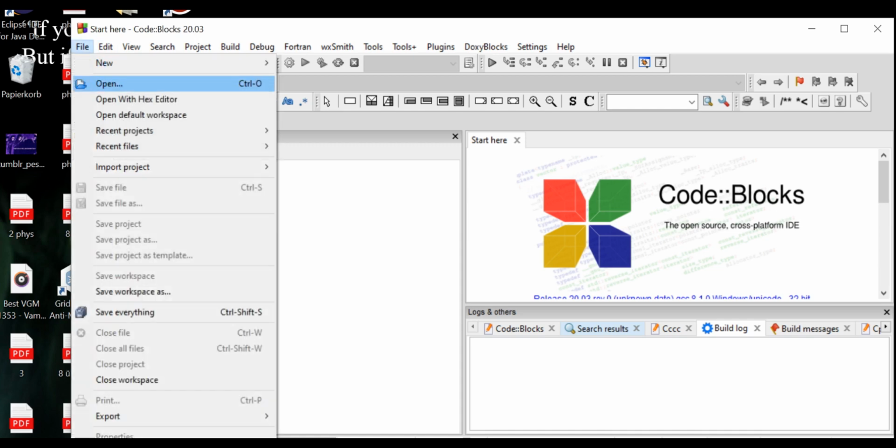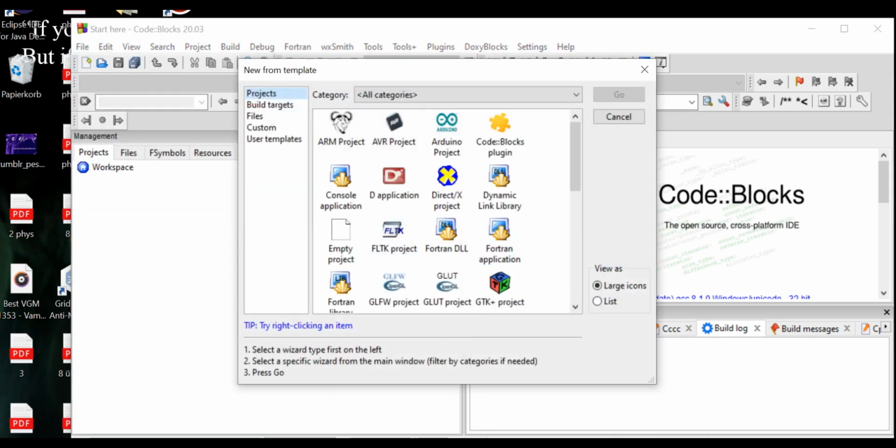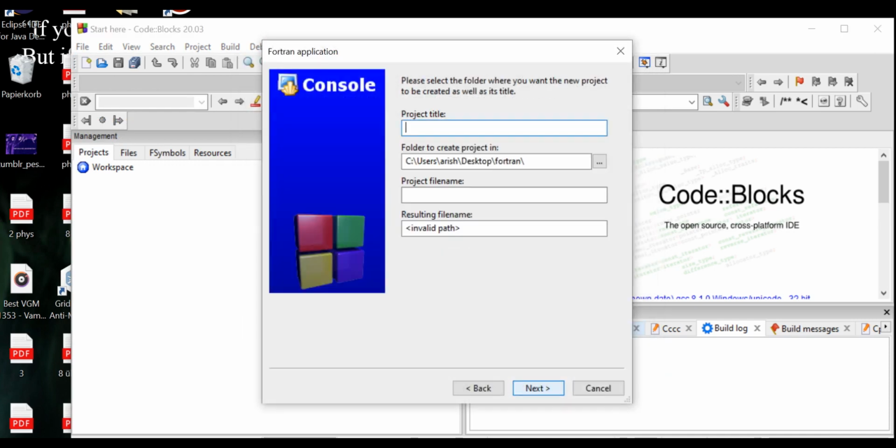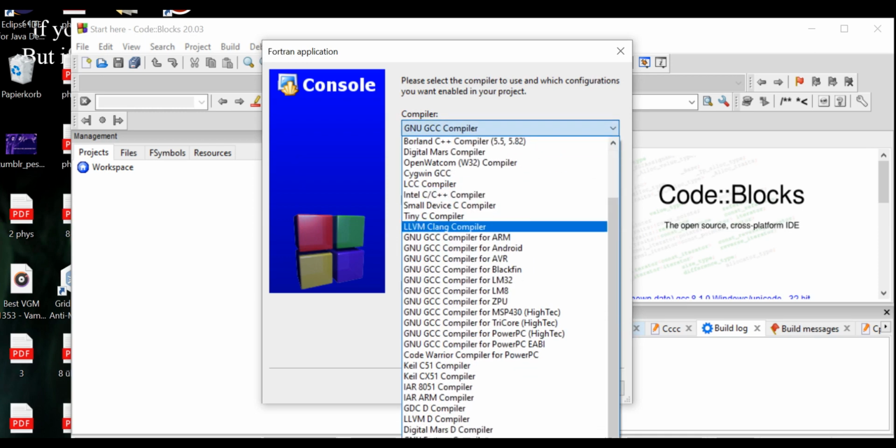I'm going to file, open a new project, and then I want a Fortran application. Okay, next. I give it the name test1. As you can see, the project name itself is going to be changed to CBP, and you give here the address you would like to save your project. It is on my desktop, for instance. Next. Yes, it is already there, and then again you are going to